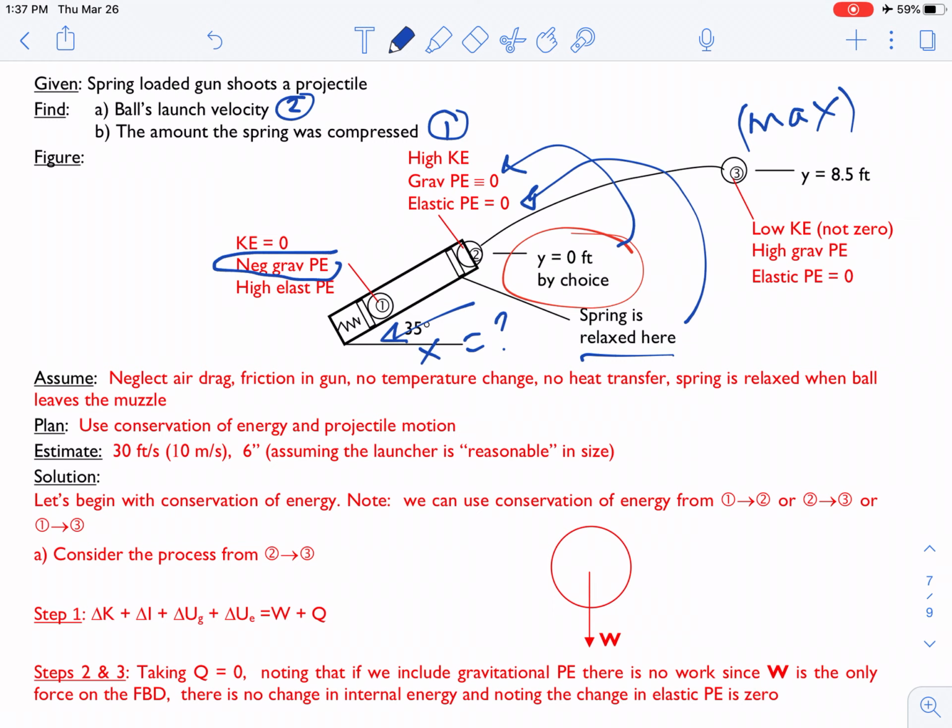It's going to have the highest gravitational potential energy because this is the maximum elevation it reaches. Again, it's related to this y. And elastic potential is 0 because there's no spring, right? Okay, so the plan is, again, to use energy conservation and projectile motion, because what you see from 2 to 3 is